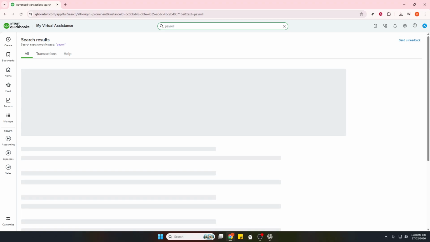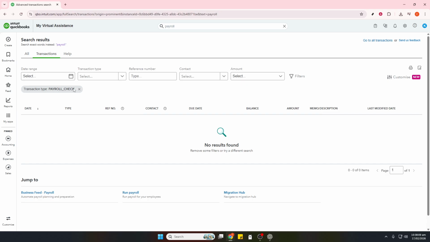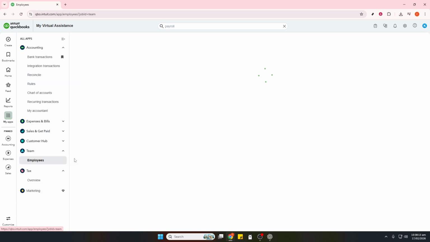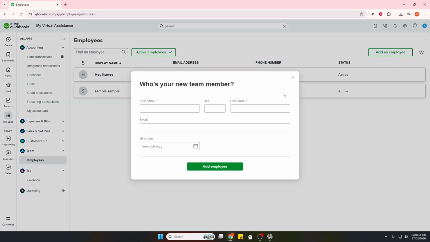agencies expect. Start by signing in and opening the taxes area from the left menu, then choose Payroll Tax. This is your payroll tax center. Here, review taxes due, upcoming payments, and filing status. Make sure the due date, the liability period, and the agency, federal or state, are what you expect. If anything looks off, click into the item to see the details behind the amount, so you're clear on which